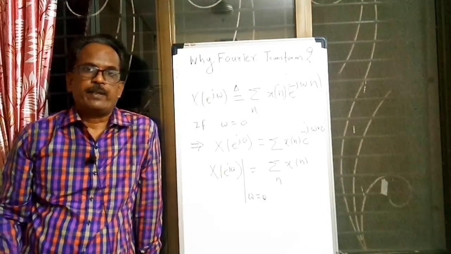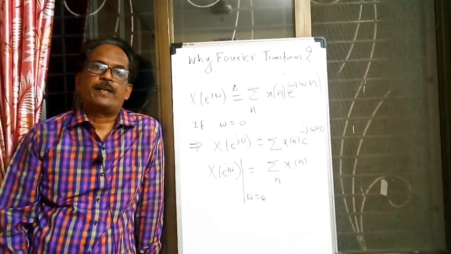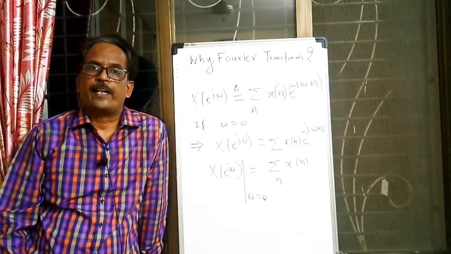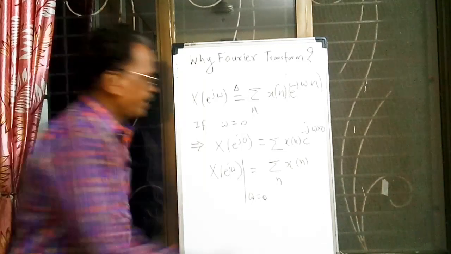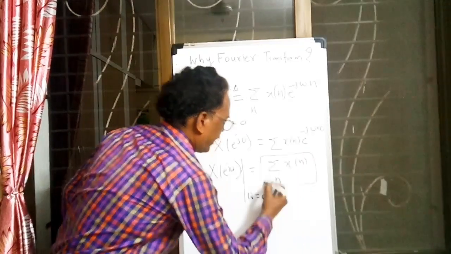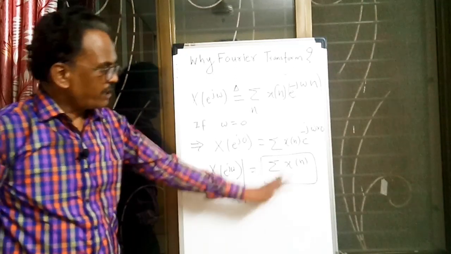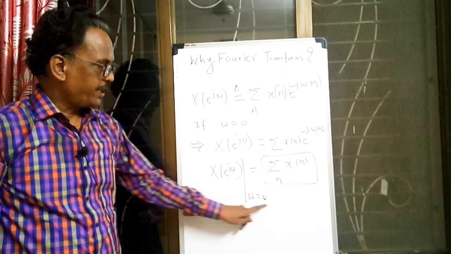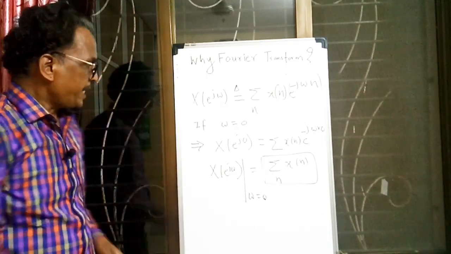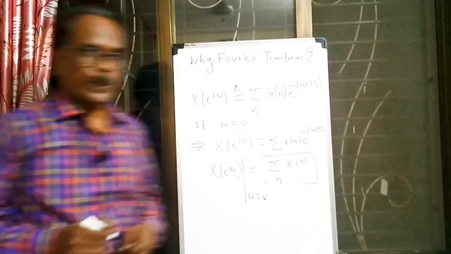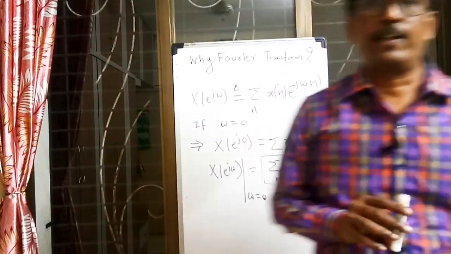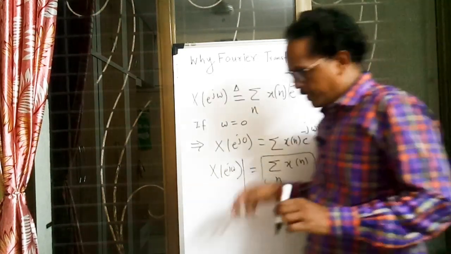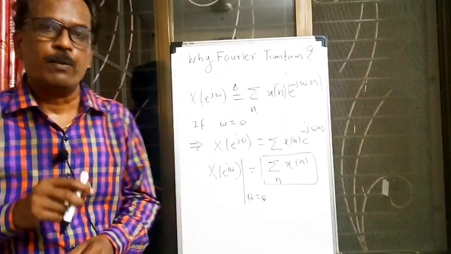So the Fourier transform of a signal x[n] at zero frequency, which is also called the DC part of the signal x[n], can be obtained by using this expression, summation x[n], by adding all samples present in the signal. That gives you the Fourier transform evaluated at frequency 0. Many times we need to find different frequencies present in the signal. Different frequencies present in the signal can be obtained by plotting the Fourier transform.